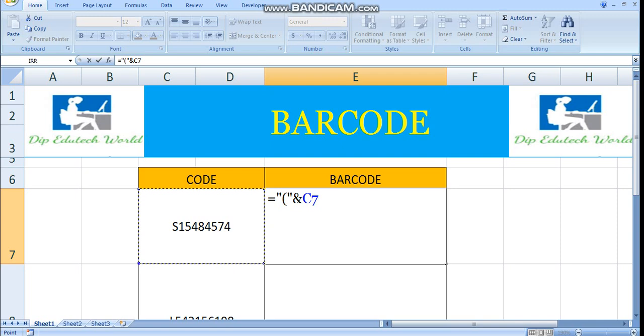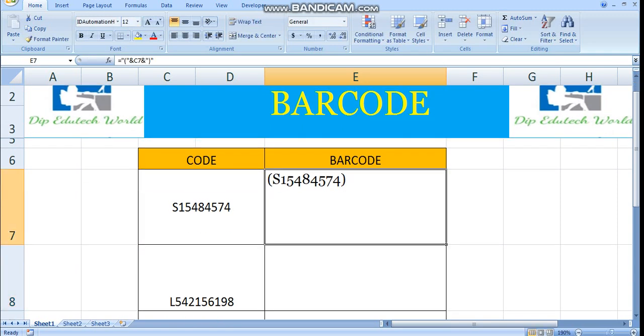and ampersand, then close the double quote, then close the first bracket, then close the double quote again, then enter. Okay, then select this code,